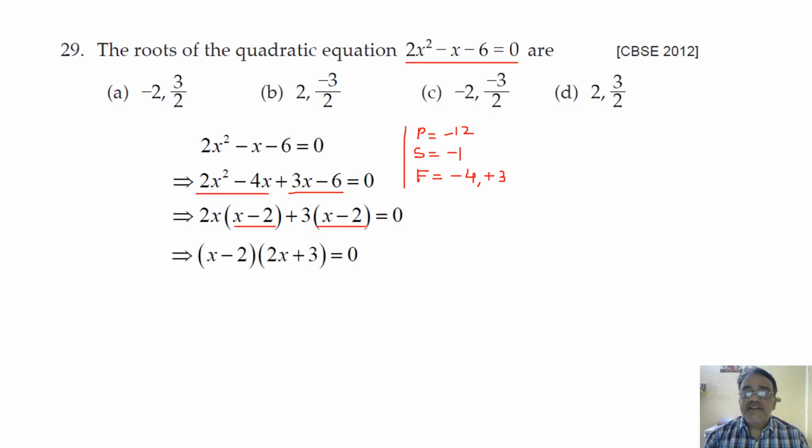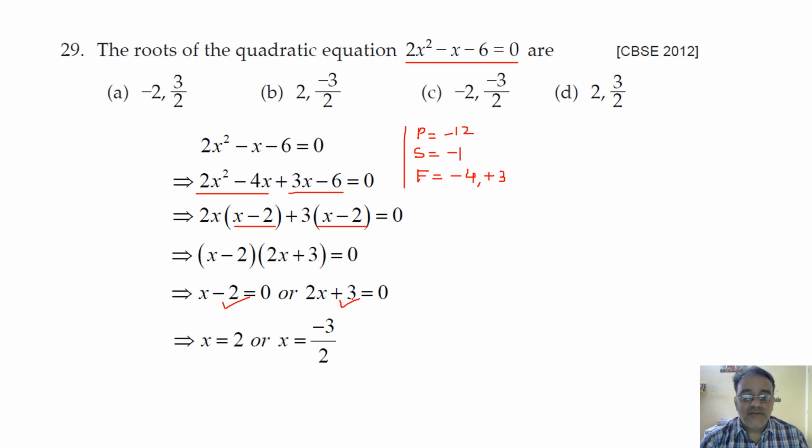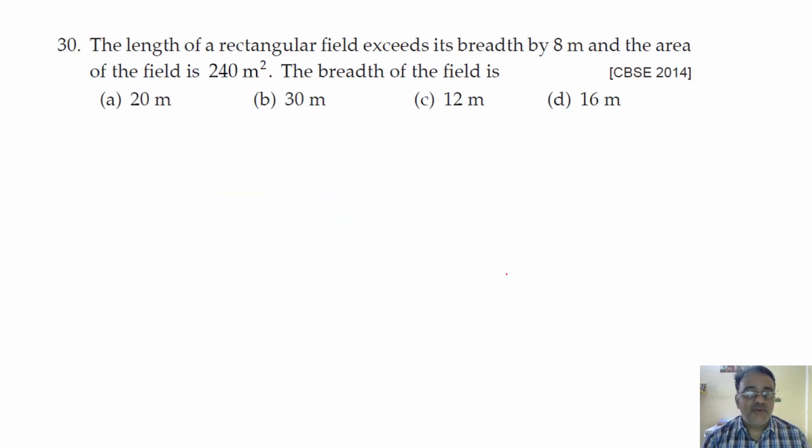So that is x minus 2 is equals to 0 or 2x plus 3 is equals to 0. So first answer plus 2 and the second one minus 3 by 2. Very good. So the correct option is Option B, right. So now we are moving toward the last question of today's